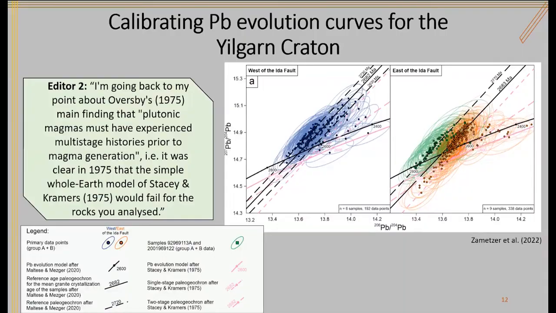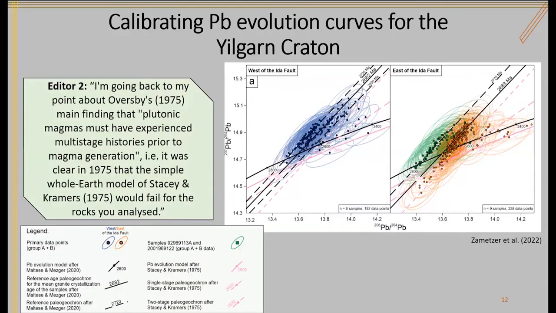Now, one thing we wanted to find out was if we can use lead isotopes in an analogous manner to samarium, neodymium, and lutetium hafnium isotopes as a source tracking tool. And in order to do that, we have to calibrate lead evolution curves that describe lead evolution in the Yilgarn craton appropriately. Editor 2, who knows the literature pretty well, says, I'm going back to my point about Overspeed's main